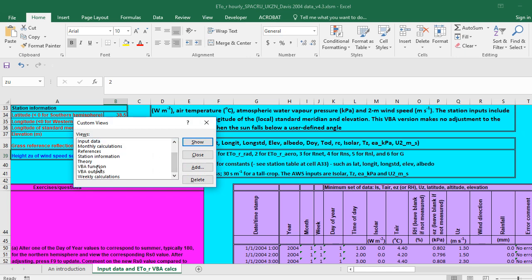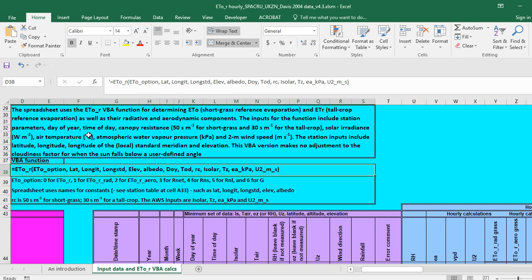Let's look at the VBA function before we look at the outputs. The spreadsheet uses the function ETO_R for determining short grass and tall crop reference evaporation, as well as their radiative and aerodynamic components. The inputs include the station parameters, which we've looked at, day of year, time of day, and then canopy resistance, which is either 50 seconds per meter for short grass or 30 for tall crop, and then